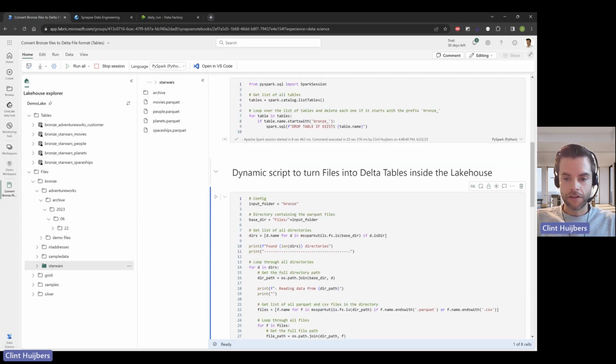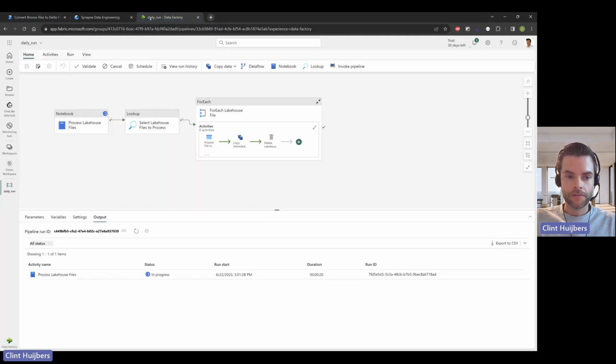And then based on the existing files, it creates delta tables again. So it's just idempotent. It's just starting fresh again. Takes about a minute and a half, so we're going to have that one run for a second. Then it will query the, in this case, the SQL endpoint of the lakehouse. It will use the list of existing delta tables and then run a for each,